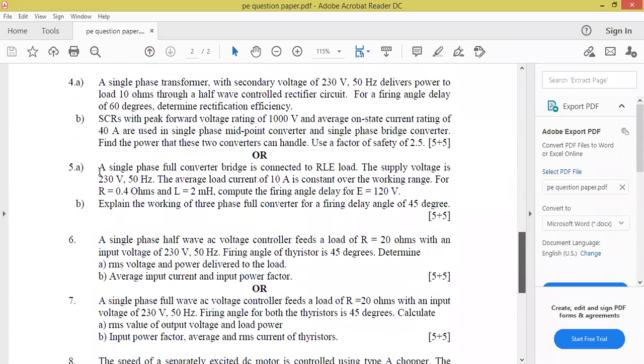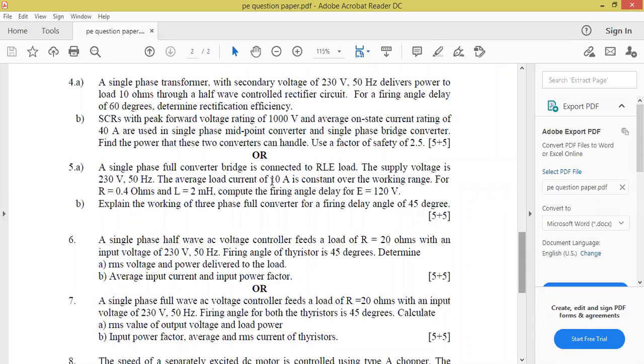All students, let us concentrate on the fifth question. What is the complete fifth question here? Working principle of three phase. We'll see that, it is our next topic. Now you see full converter, single phase full converter. Yes, now you take this question and solve the problem. The same problem has been asked in the examination. You can verify. Single phase full bridge converter, okay, without RLE load. I think the values are also the same, right?